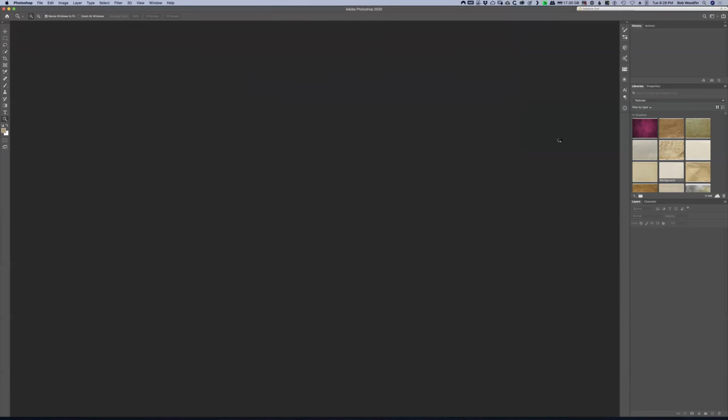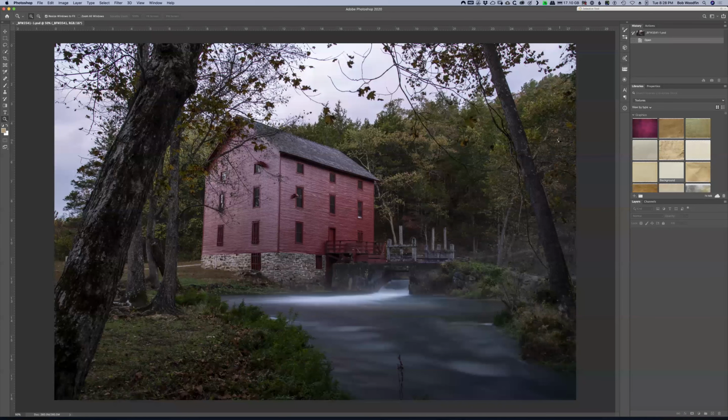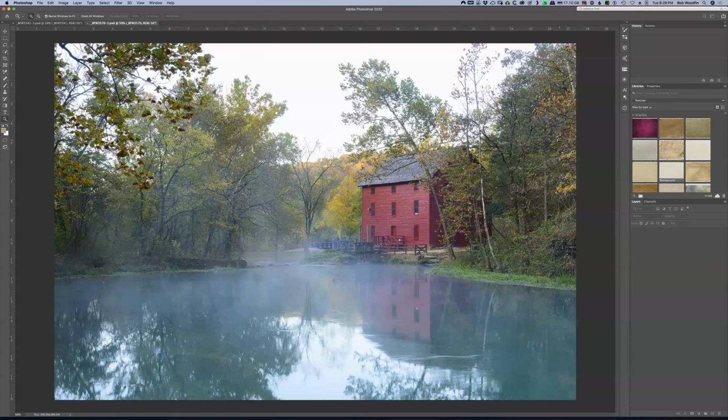And you know that these images that I have, these are all images that I shot, but they're not necessarily good images. They're just images that are really good for what I want to show you. Particularly the first one we're going to look at here. I shot it in